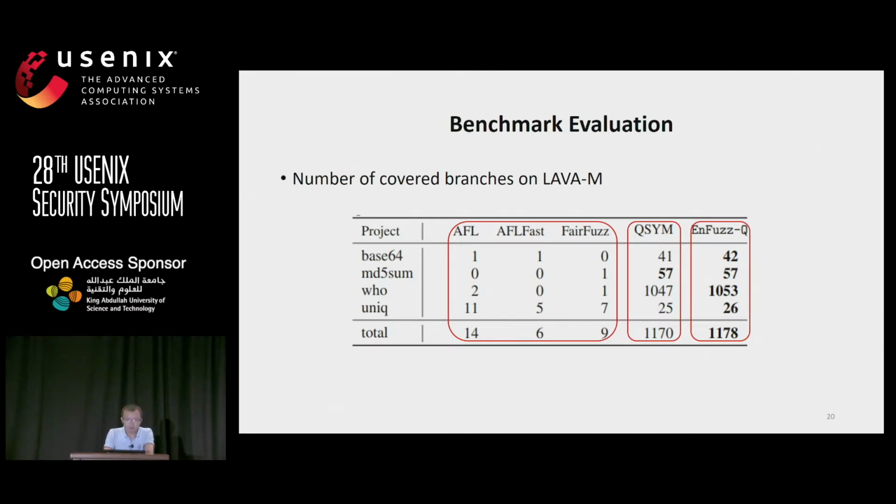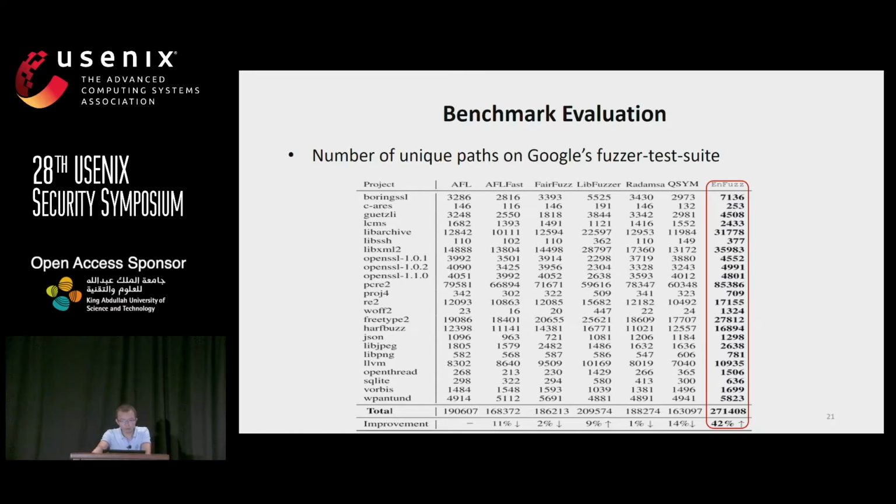From these results, we can find that the symbolic execution-based method outperforms mutation-based fuzzers. The result is amazing, I think, because symbolic execution is good at solving complex branches and finds significantly more bugs. But when we integrate symbolic execution into the original mutation-based fuzzers, the seed synchronization mechanism performs very well and outperforms QSYM. For the results on the Google fuzzer-test-suite, we can find that EnFuzz outperforms all other fuzzers